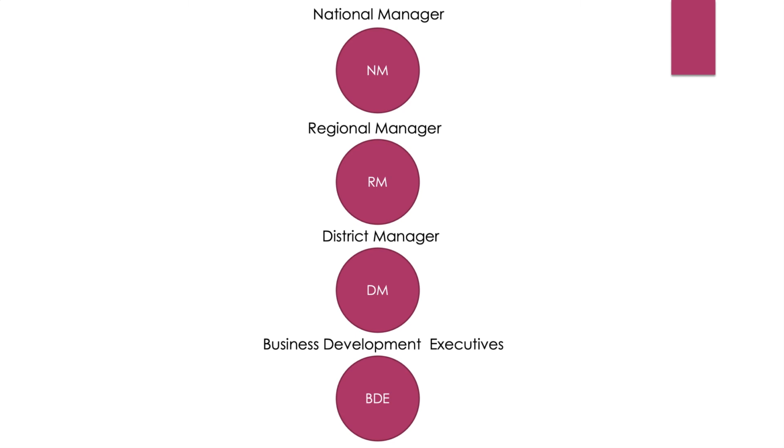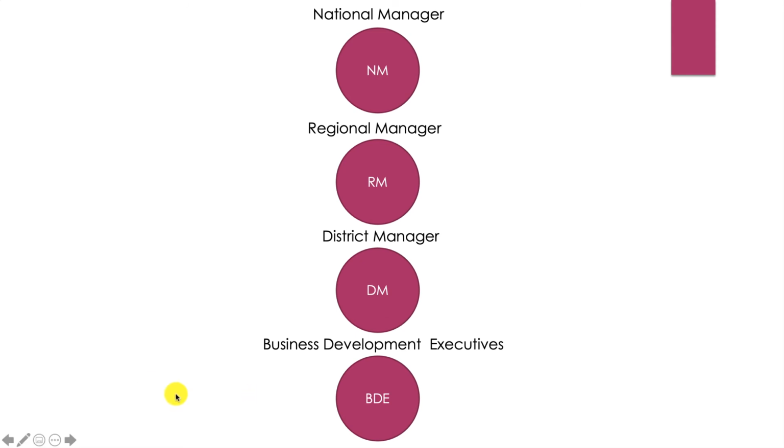Now let's talk about the problem. If the account object's organization-wide default is private, whenever a BD stores data into accounts, it can't be seen by the managers because OWD is private. But ideally, they are supposed to see the records. The DM record can be seen by the RM, but not by the BD. The RM record can be accessed by the national manager but not the district manager. If that is a requirement, we have to implement the role.